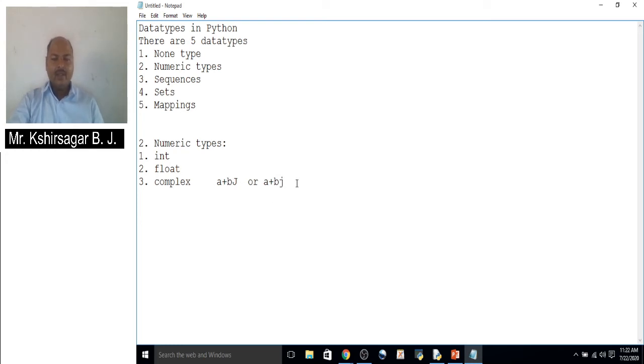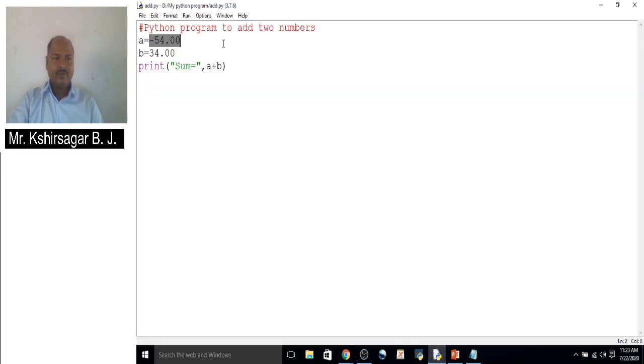Suppose you declare a variable a equal to 3 plus 5j. Then 3 is the real part, 5 is the imaginary part, and j is the square root value of -1.